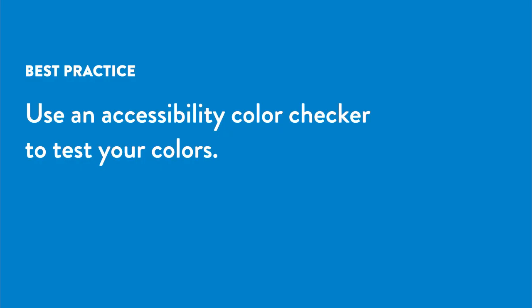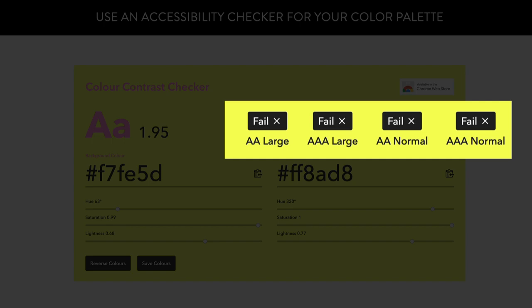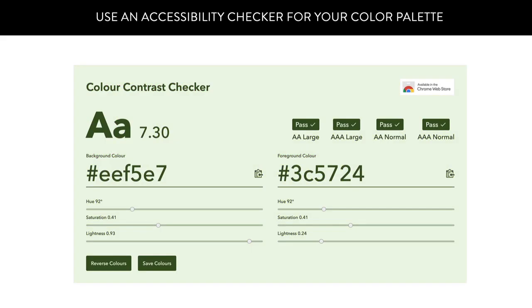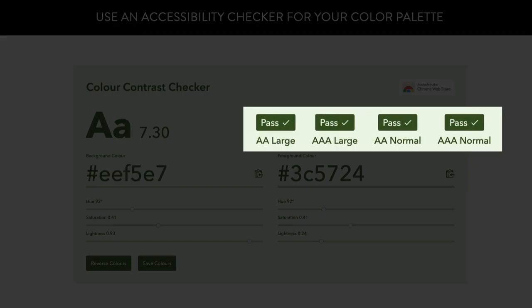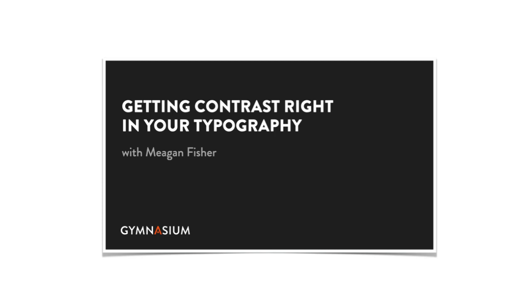That's why it's always important to check your colors in an accessibility color checker. Simply add your color palette to the tool and it will tell you if your choices are accessible to a wide range of users or not. Choosing to skip this step could result in a design that's frustrating or even impossible for some people to engage with. If you haven't already, I suggest watching my tutorial, Getting Contrast Right in Your Typography, to learn more about